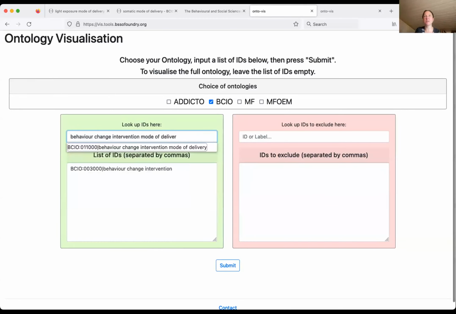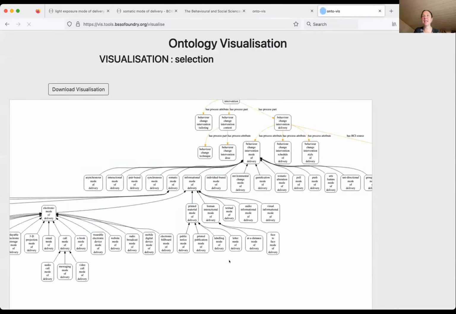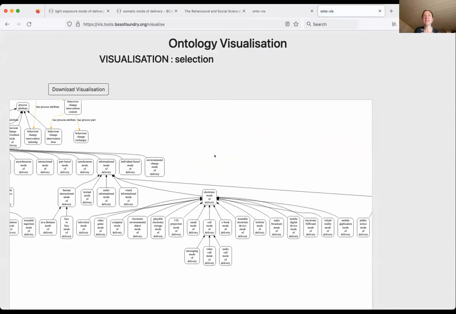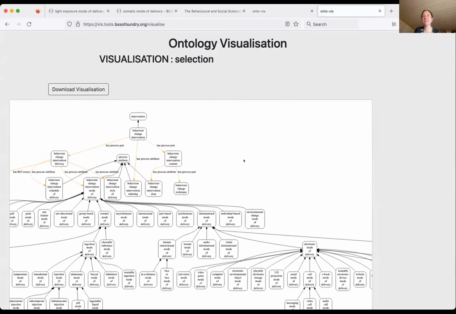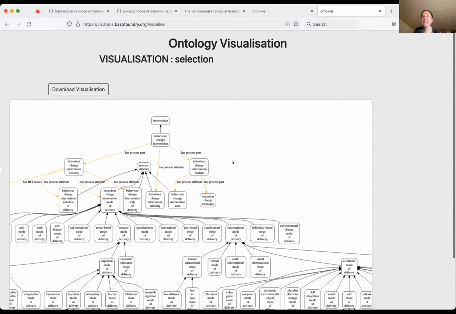So here it's got a search that's keeping up with when I'm typing, and then we submit it to get a visualization. Right, so here in our visualization, I'll just see if I can make this slightly bigger. At the root, you have the most,